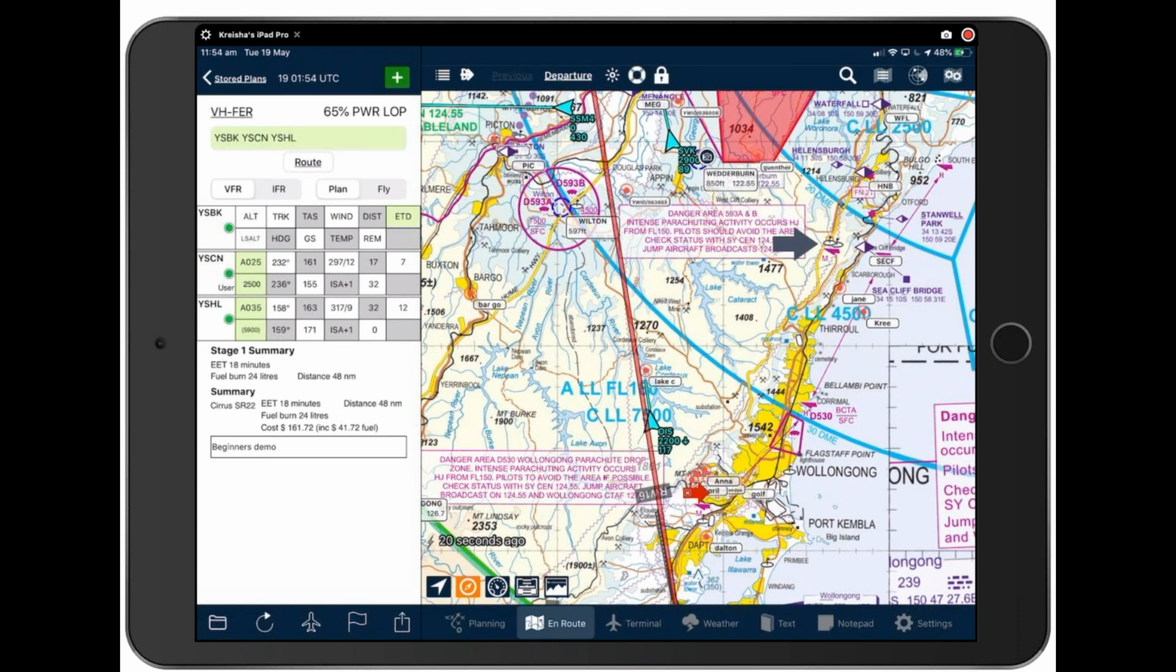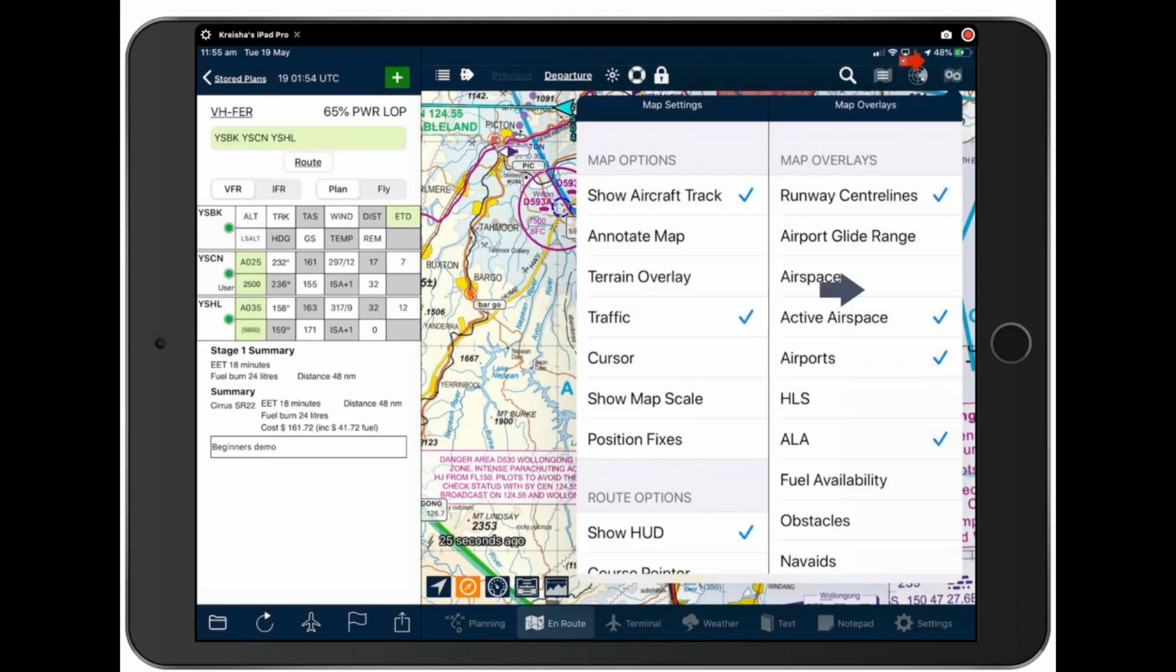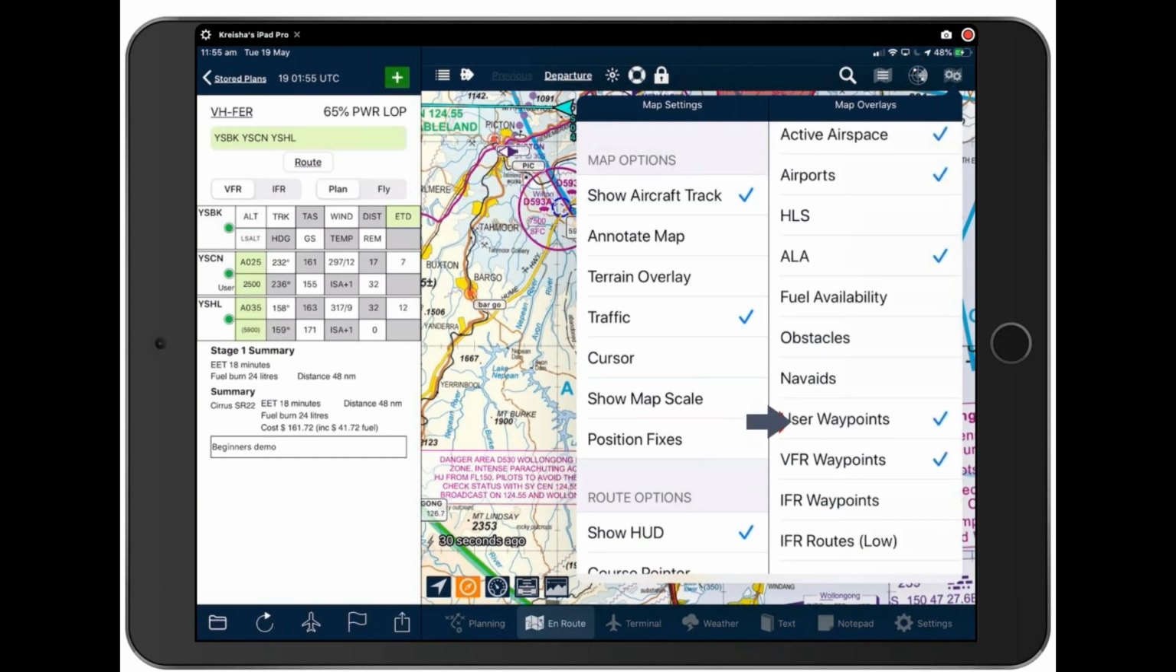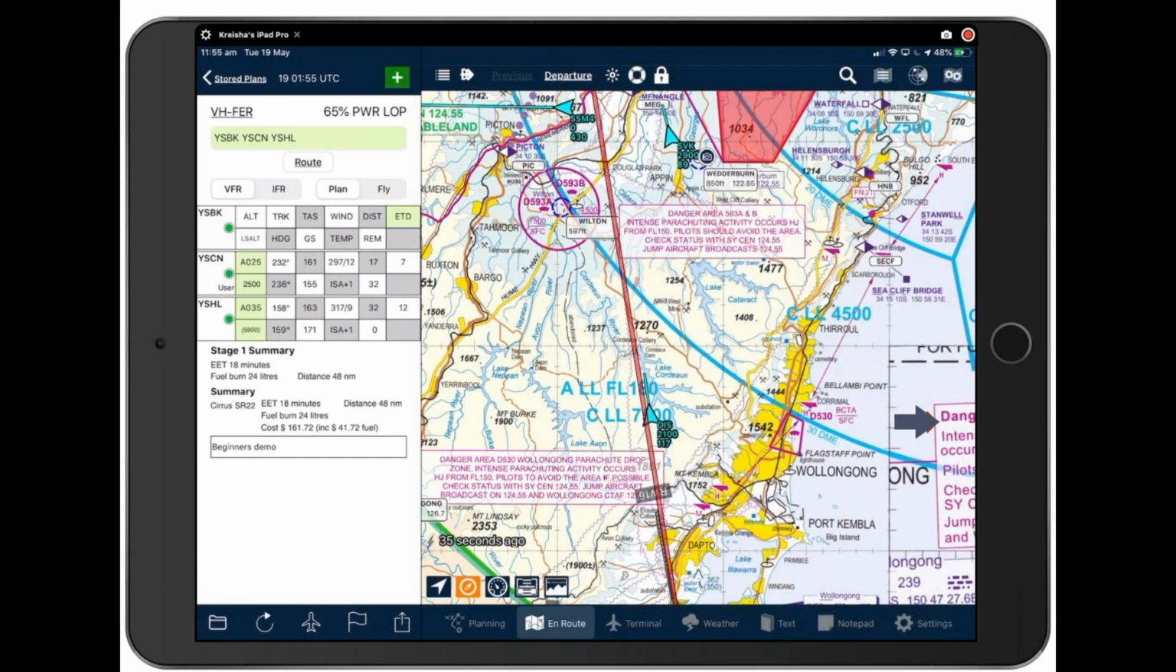I've got my waypoint switched on in settings so that you can see all the user waypoints that I've made before. Here, if you don't want to see those user waypoints on the map, untick here and you won't see the user waypoints you've made before. There we are. So I've just taken those off now so that I can make a user waypoint right here